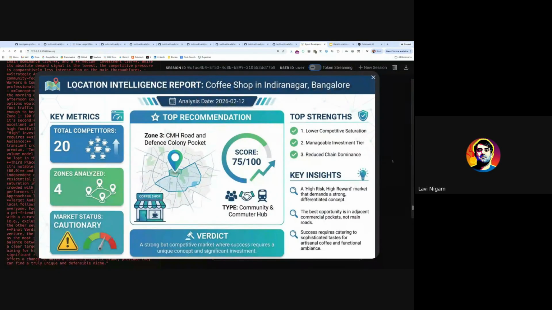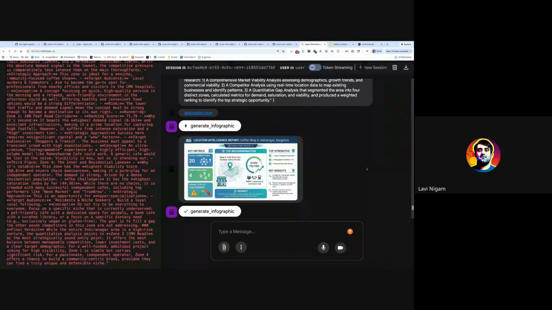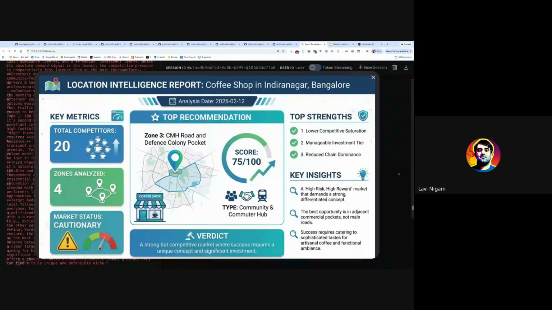This is an infographic it was able to produce based on, again, the whole analysis. It has the key metrics, different zones, and it actually gives you the verdict across it. It tells you the top strength and key insights. So again, imagine that you want to send this to your friend saying, hey, I did the analysis and here's the thing. Let me also show you